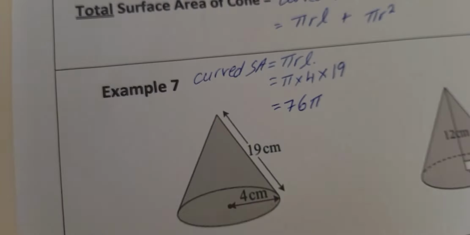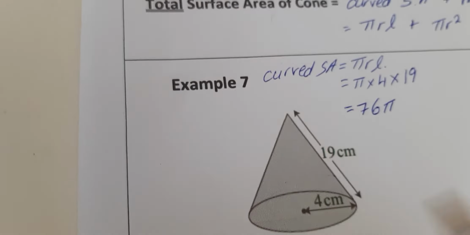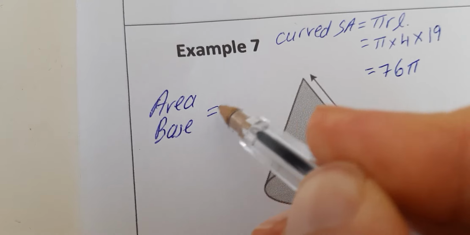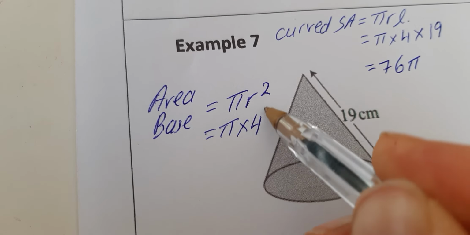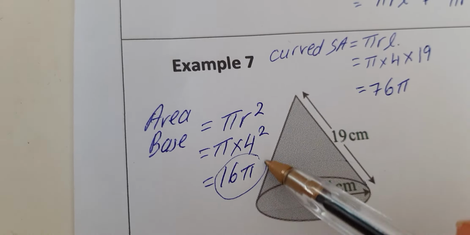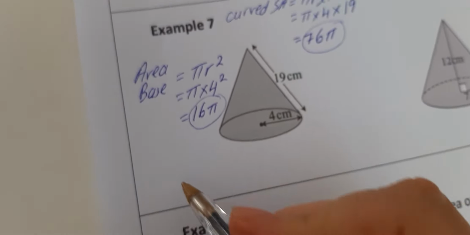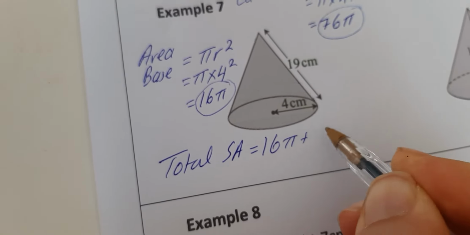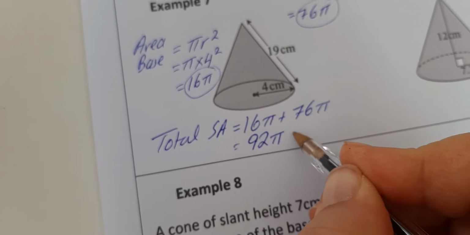If I'm not mistaken, yes. Then we have the area of the base here. The area of the base is the circle. So the area of the base equals pi r squared, which equals pi times 4 squared, which is 16 pi. So if I want to find the total surface area, I'm just going to add those two together. So the total surface area equals 16 pi plus 76 pi, which altogether makes 92 pi centimeters squared,